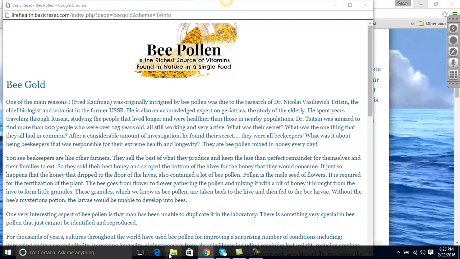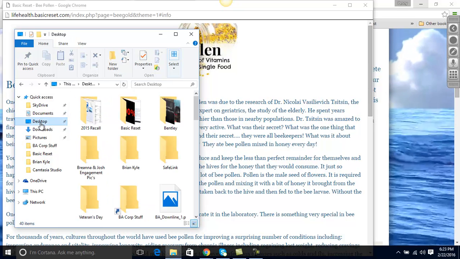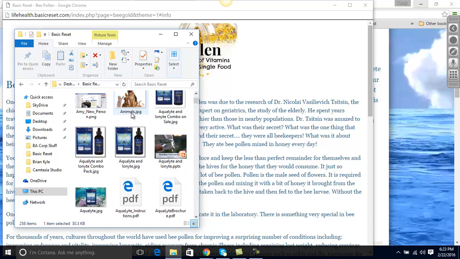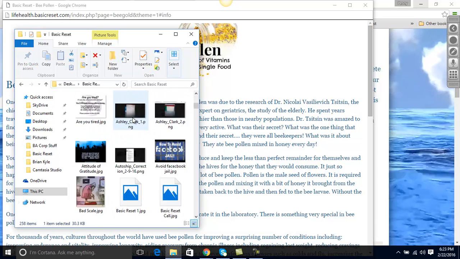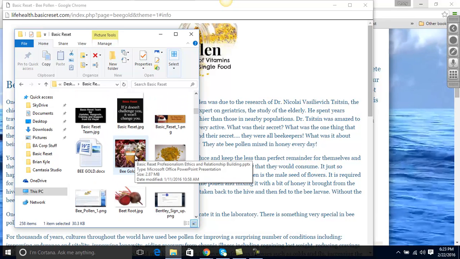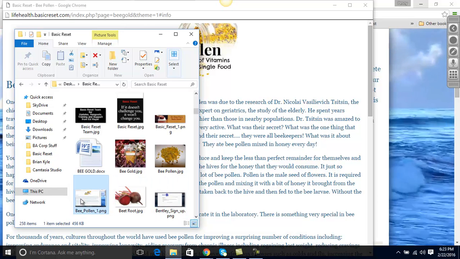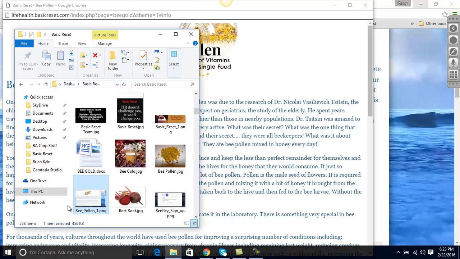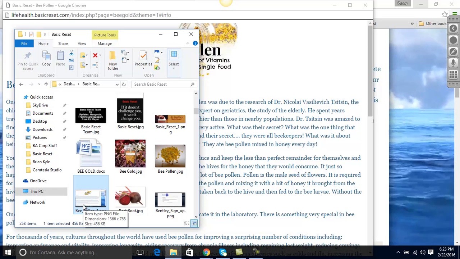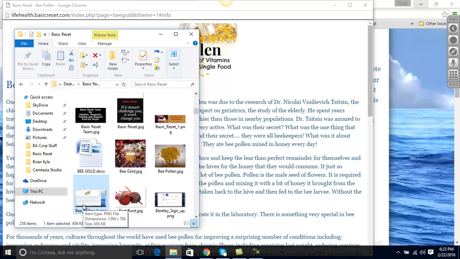I'm going to open back up on my desktop in my Basic Reset folder. I'm going to find what I just took a screenshot of, which is right here. I'm going to highlight the picture. Now, most people that have Microsoft Word on their computers are going to have